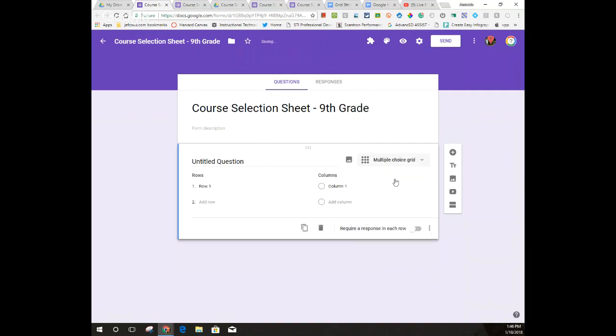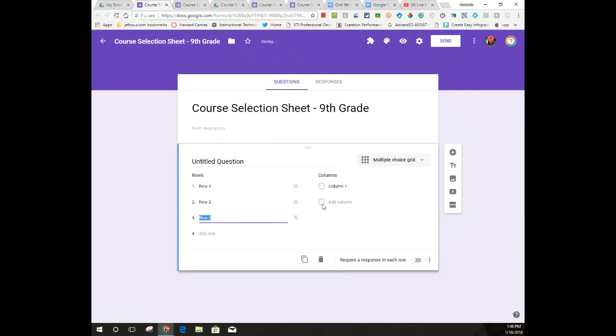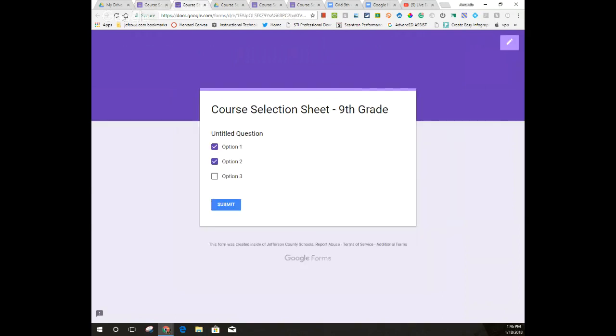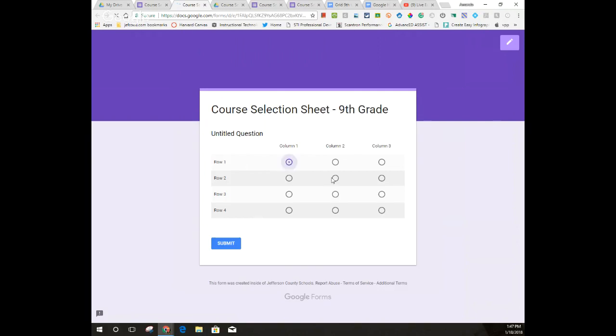You have multiple choice grid. It looks different here, but let me add a few rows and add a few columns so you can see what that looks like, because the grid is probably one that you're going to use. This is what it looks like if it has the multiple choice, which of course means you can only choose one. And you have your columns